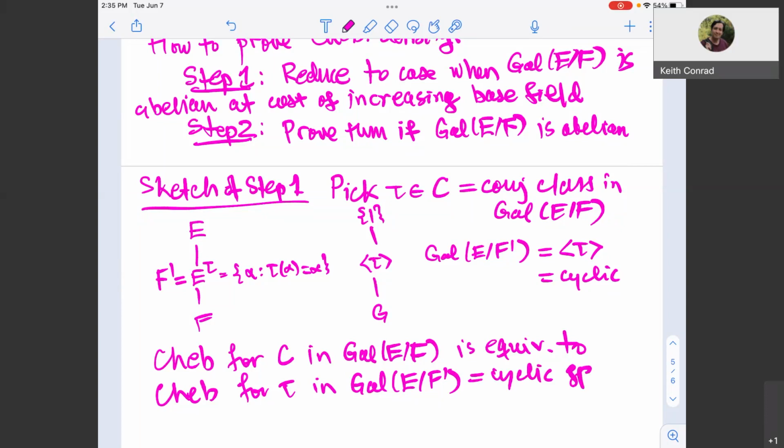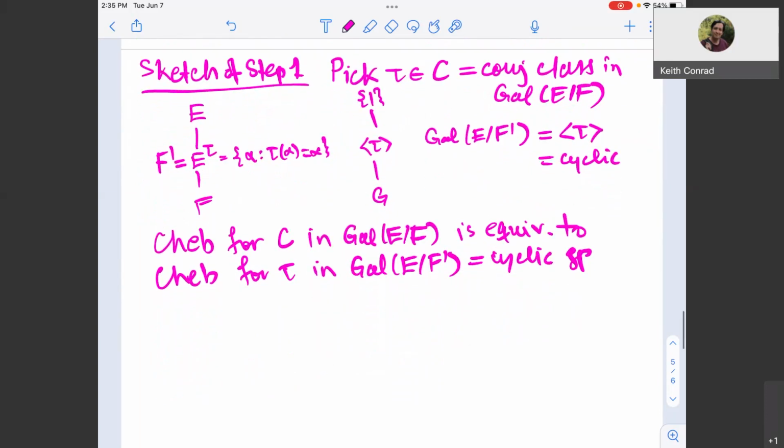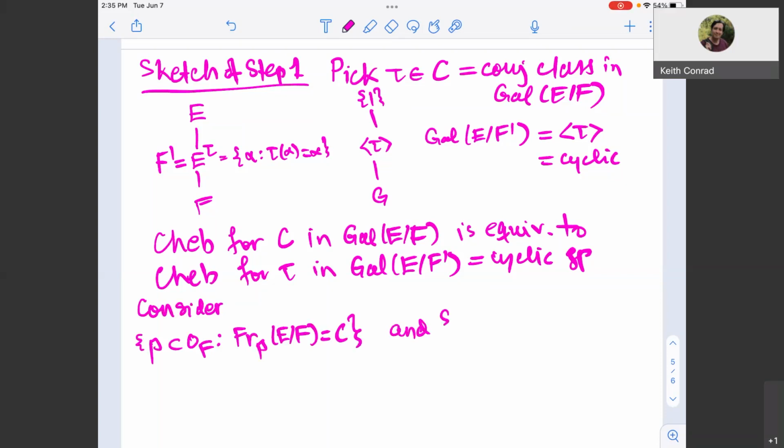Okay, and so why does that work? The idea is that we're going to look at two sets of primes. If we consider the prime ideals downstairs, whose Frobenius conjugacy class is the one we're interested in, and let's consider the primes q. I'm going to use the letter fraktur q in the ring of integers of F prime, the